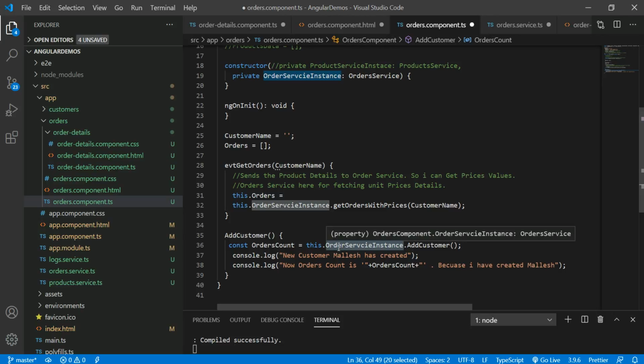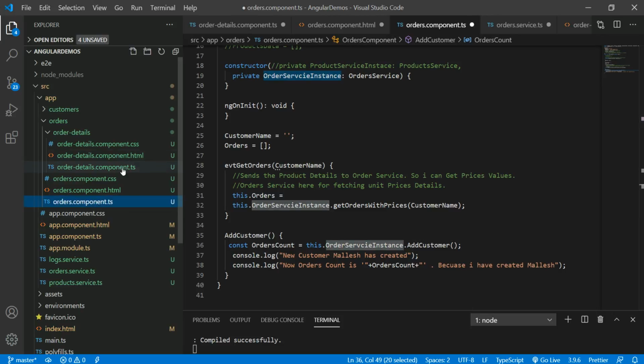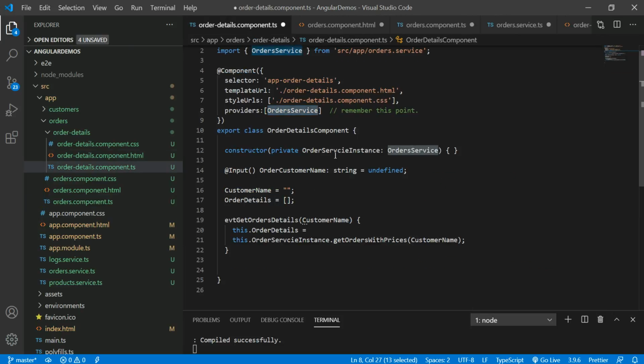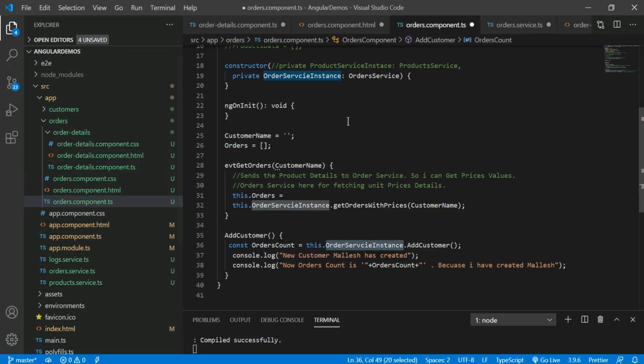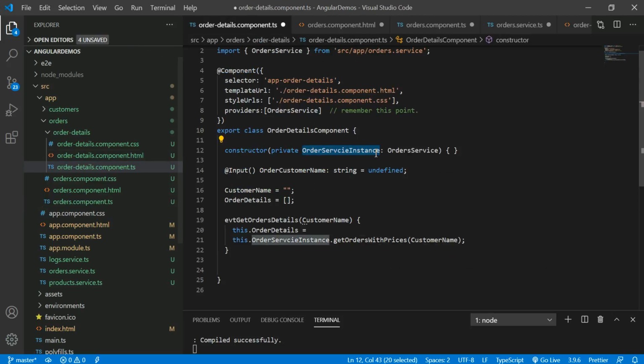But if you come here, this instance is different. Let me change the words for naming purposes: this is the parent instance, because the order is the parent component, and I'll make this one the child.